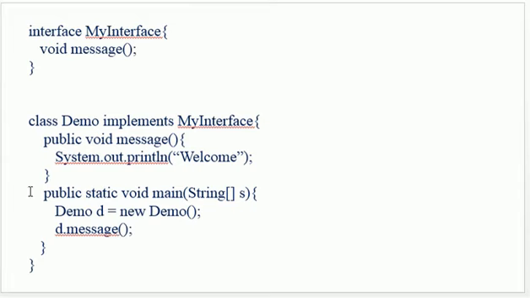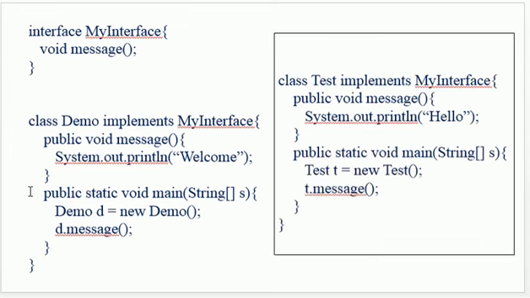Apart from this, if I want to have another implementation, I can have that implementation also. You can see that here another implementation of my interface is given. Another class Test is there which implements MyInterface, but here this message is not printing welcome, this message is printing hello. So why actually are we making use of interfaces?